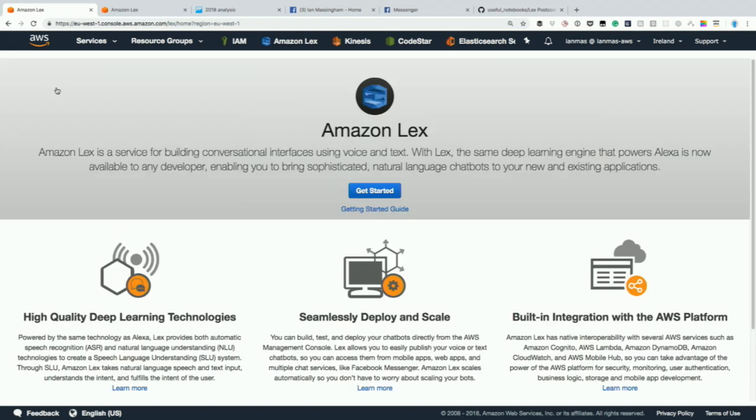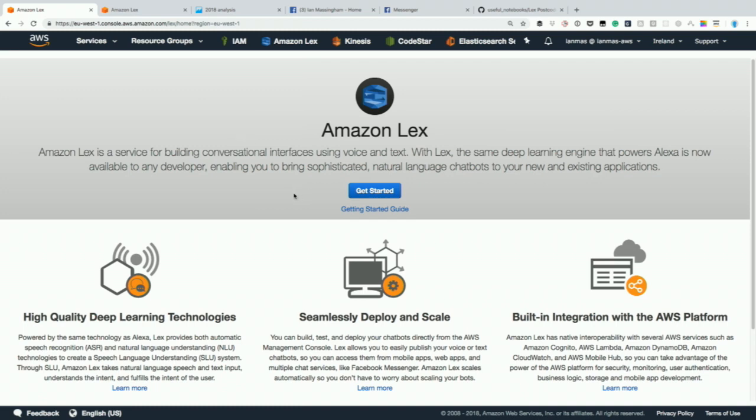And in common with pretty much every other AWS service, if I don't already have a service instance for this particular service present in the region that I've selected, I'll receive this first run experience, which is a page which is intended to guide new users through using a service that they might not have interacted with before. And that's exactly what I'm going to do here, is show you the first run experience for a brand new developer that is getting started with this service.